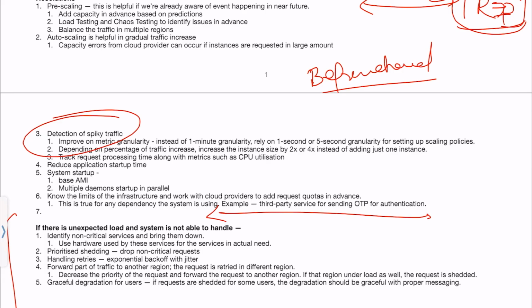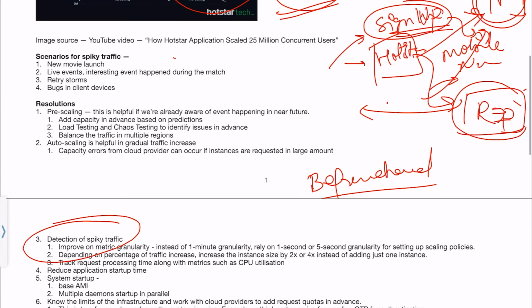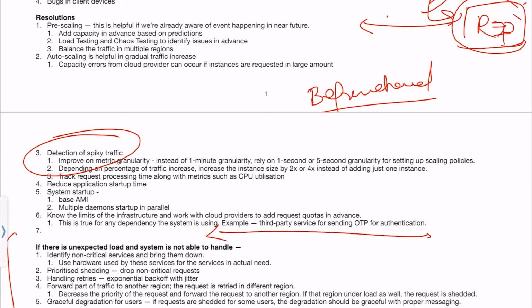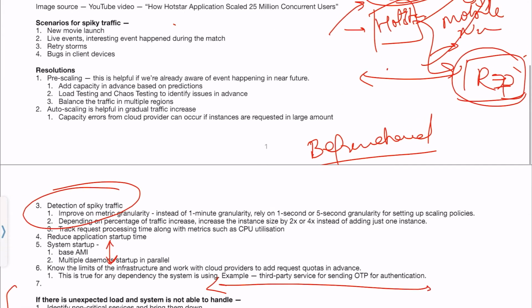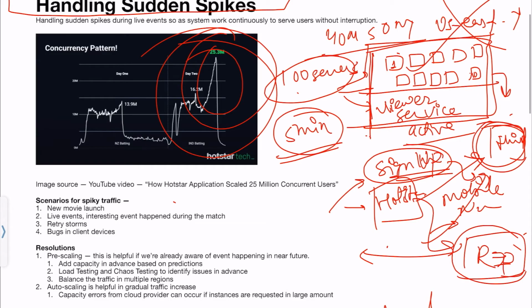Okay, how you can detect the spiky traffic and then take action accordingly. So let's say I still want to rely on auto scaling. We talked about doing some reduction so that the application startup time is reduced. Some other things you can take into consideration is, instead of relying on,